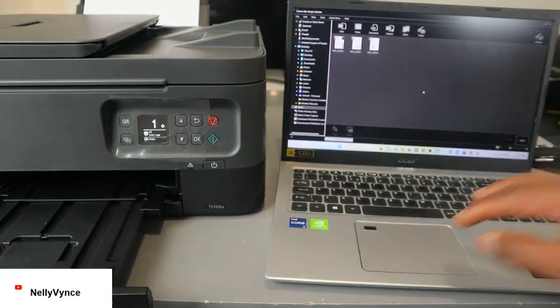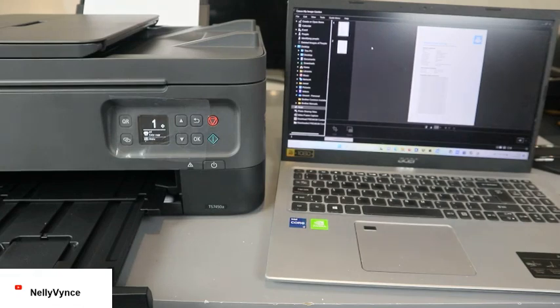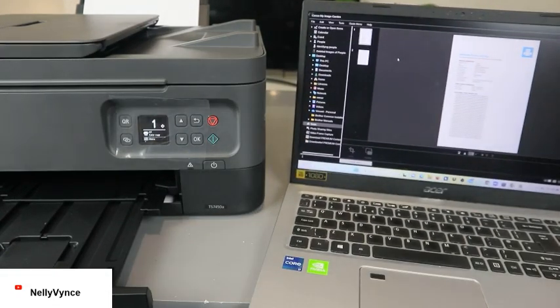And the document we scanned is here. Click it open. This is the document we scanned. Sometimes I get a question: how do you save this document, or how do you find it? To save this document,